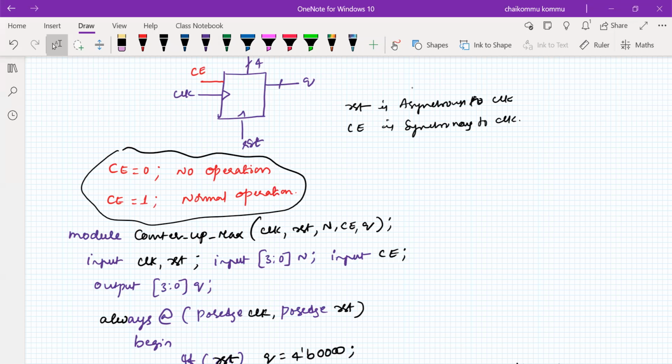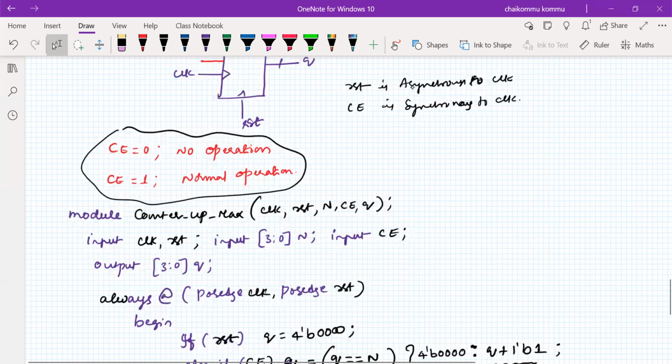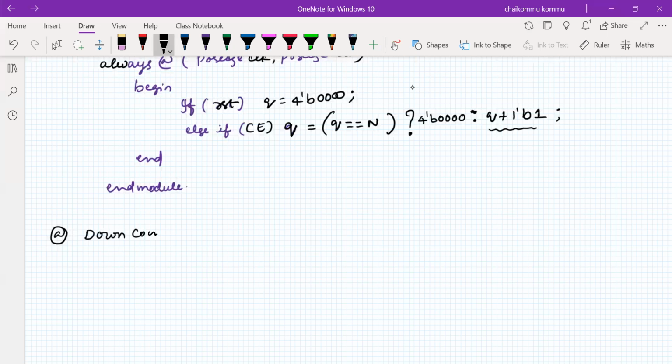Please understand this one. So the homework is this: using these same points, you have to do one more thing, a down counter, and the third one is an up-down counter. So both things have to happen, up-down counter. So write the program for these two also. These things are there in the textbook, but please try to understand and write the test bench for each and every program.